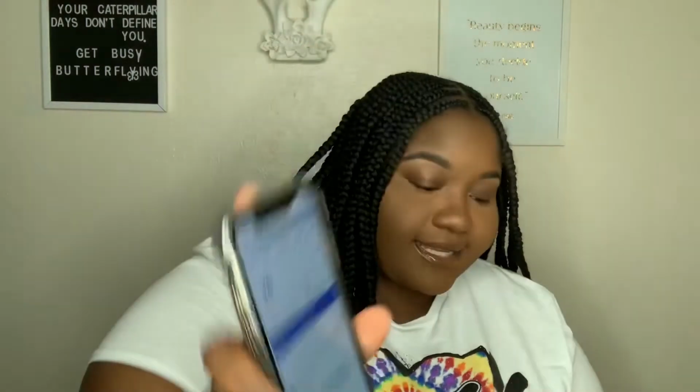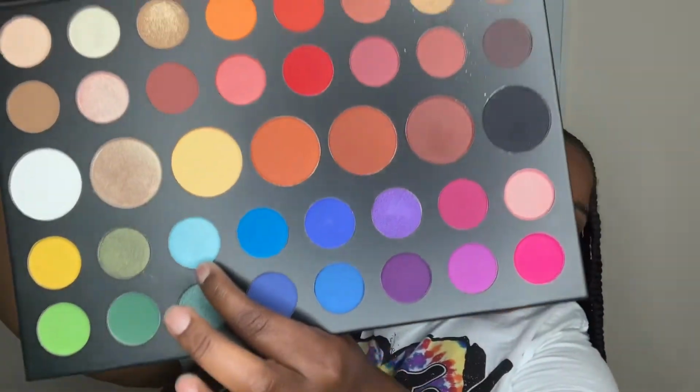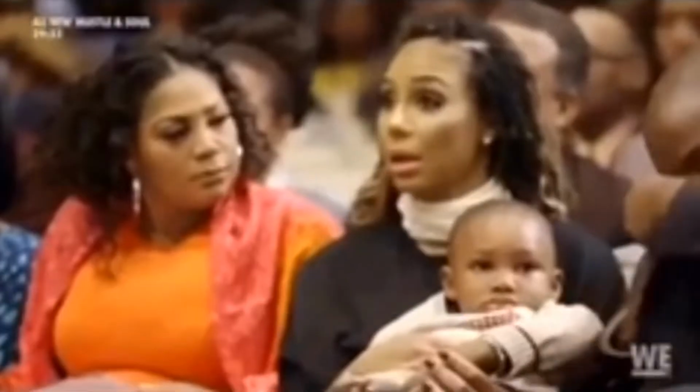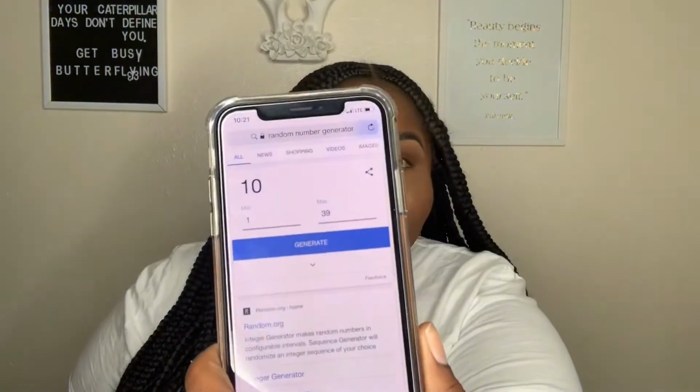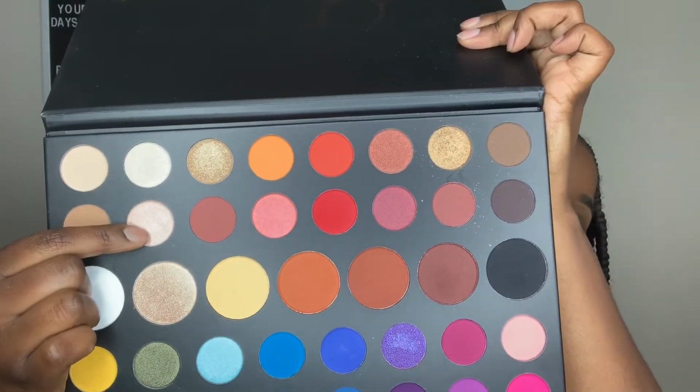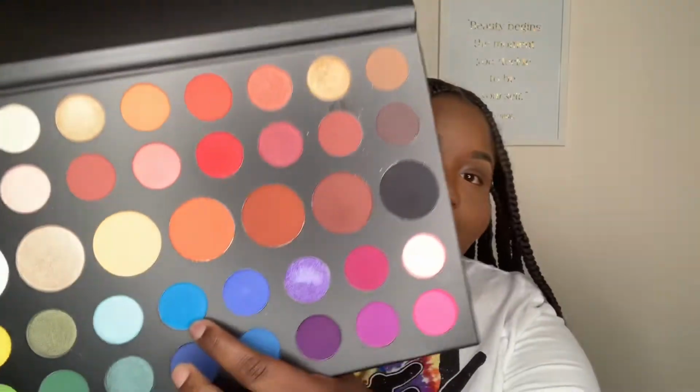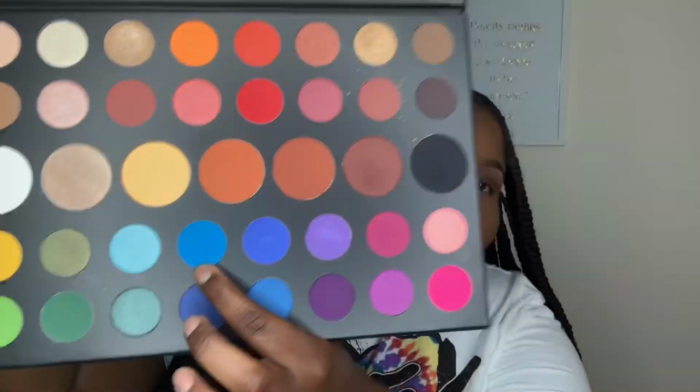So I got 26. So 26 is this blue shade, y'all. This is going from bad to worse. And this shade is Hello. Let's generate for the final time and pray to God that I at least get another matte shade. Okay. Number 10 is this shimmer shade here, which is Sister. This is beyond me. I'm gonna do it for a 6th time. Hey girl, what's going on? So I got 27. Bruh. So 27 is this blue here, which is Playground. What the